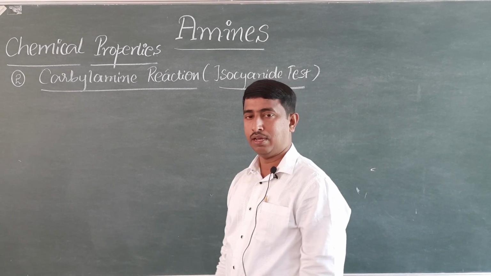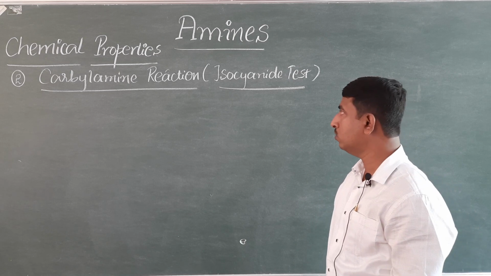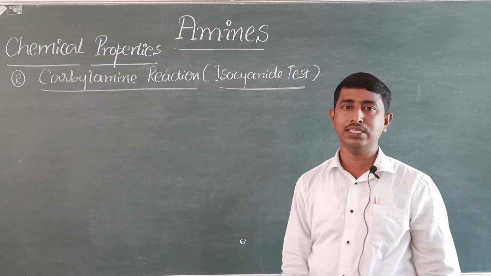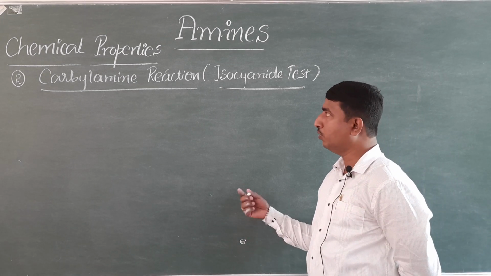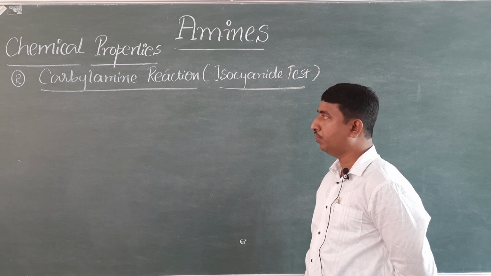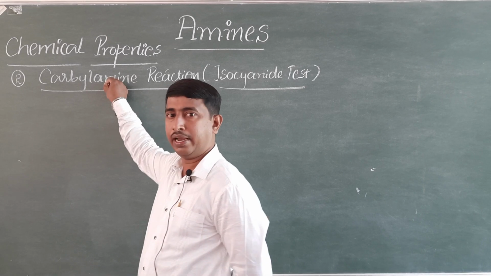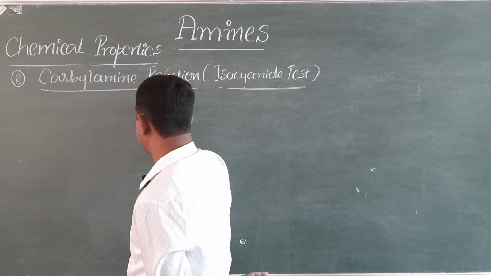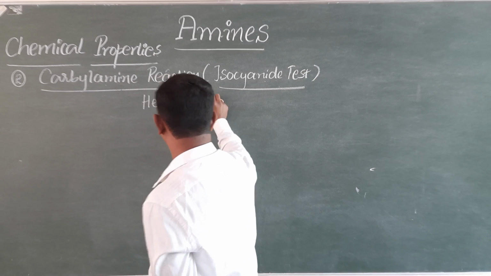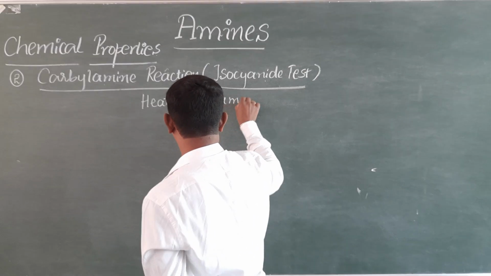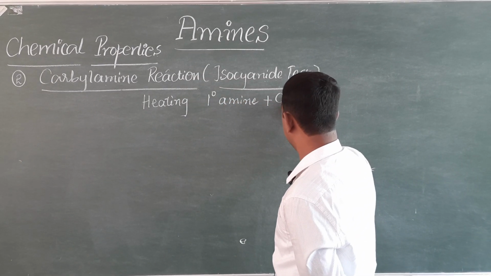Now what is this carbylamine? Carbylamine means isocyanide. Isocyanides are called carbylamines. Now how to produce an isocyanide, or a carbylamine? Isocyanides are formed by heating a primary amine, either aliphatic or aromatic, with